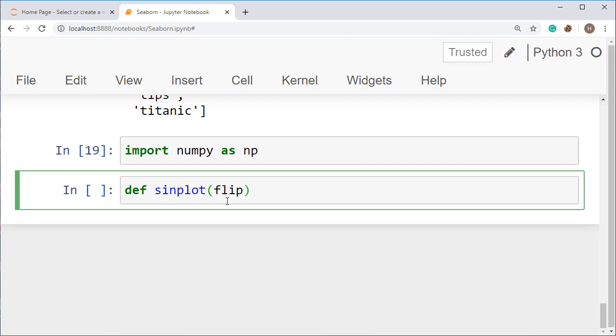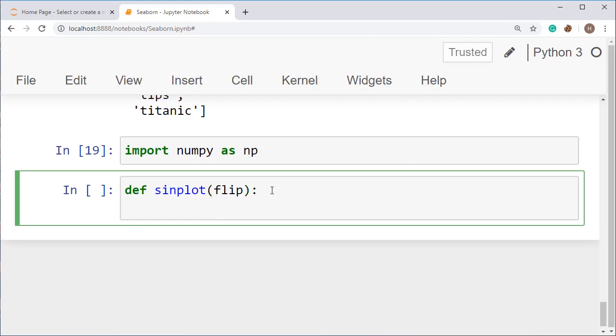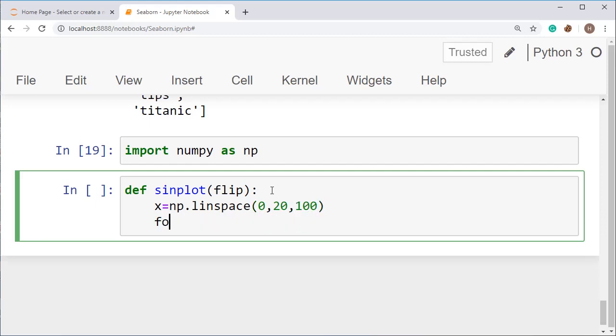I'm creating a function and I'm setting flip as a parameter, which means you can set any value for the flip. We will be getting the flip value from the user and displaying the results. Then x equals linspace, taking 0 to 20 and taking 100 different points.